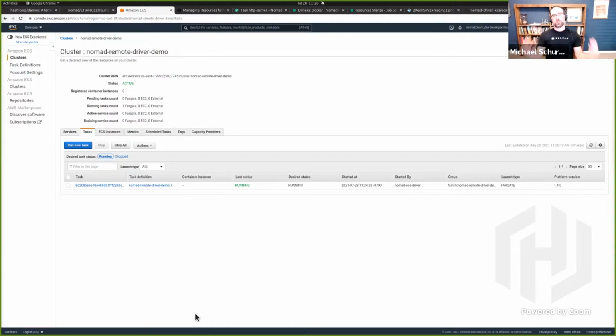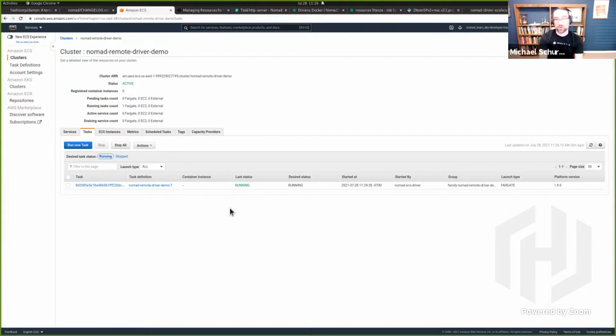You could actually have written a task driver like this, and the user we're working with did write a task driver like this even before Nomad 1.1. So what do remote task drivers actually do? What it does is make support for draining and down nodes better for remote task drivers.